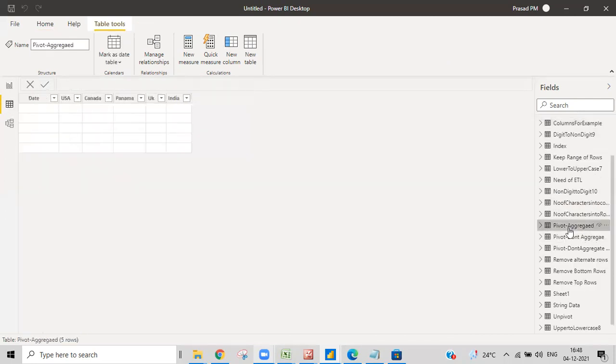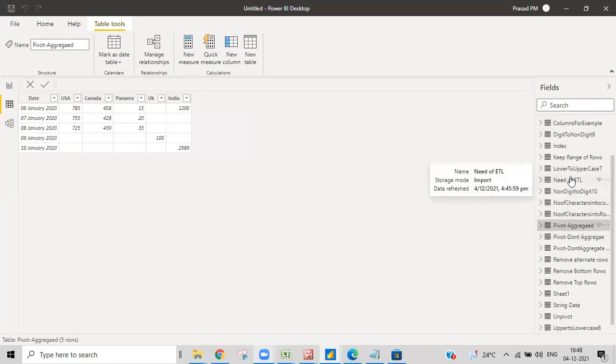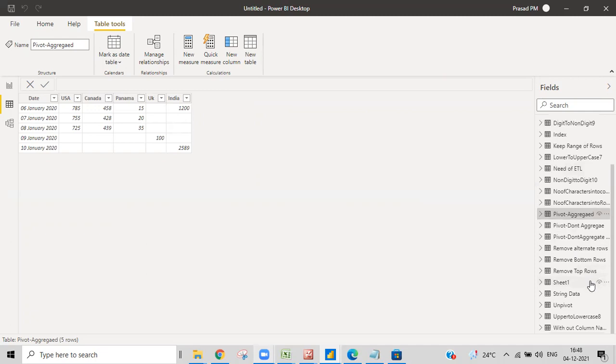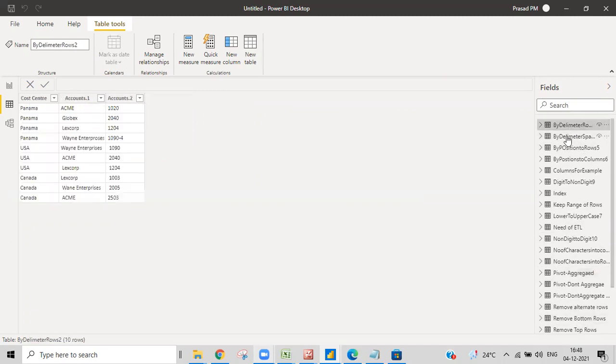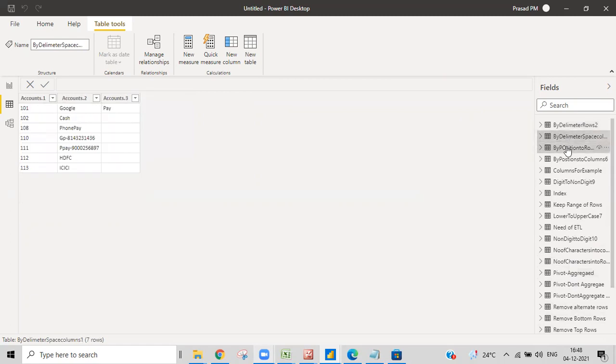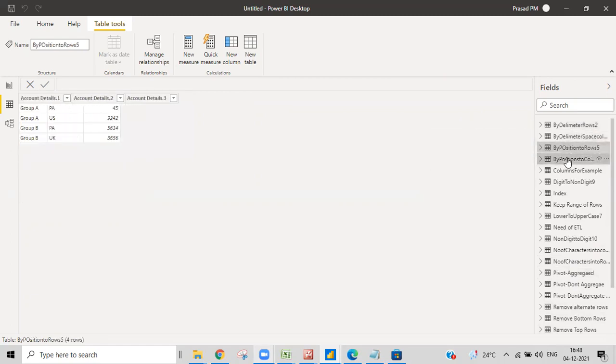Where is that USA kind of thing? We split the column, using split columns, by position. Here you can see this.